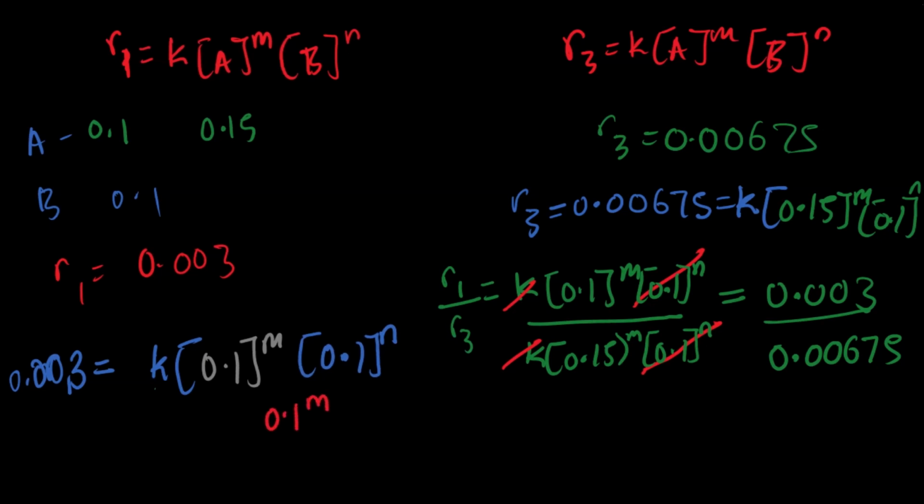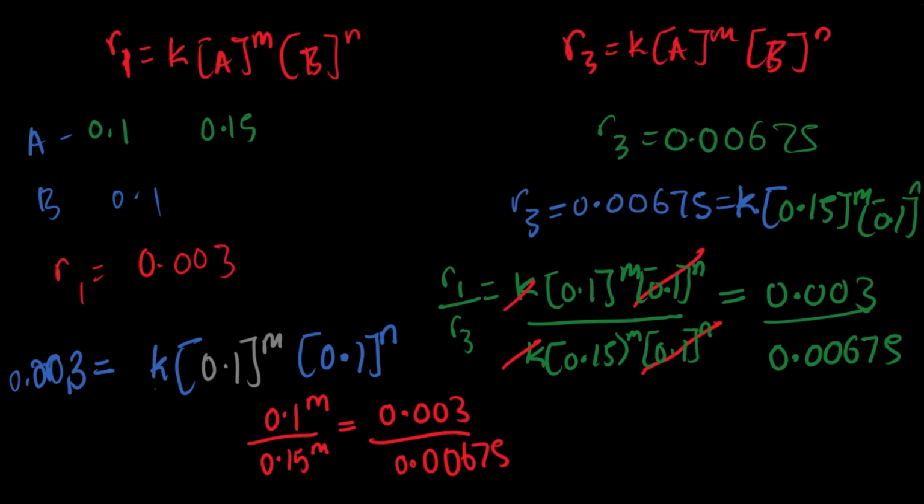Okay, so we're left with 0.1 raised to the power of m divided by 0.15 raised to the power of m, which is equal to 0.003 divided by 0.00675. Okay, now in exponentials,